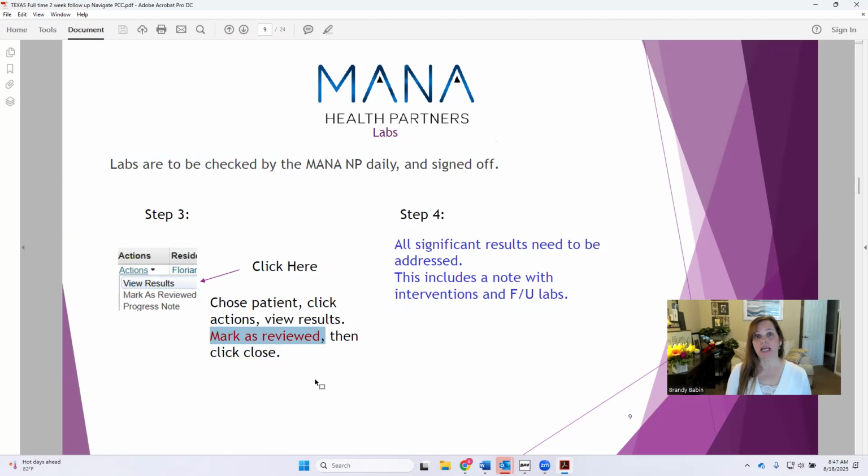When you do that, it puts your name, your date, and then the time on there saying that you've reviewed that lab. When that's on there, that means you're taking accountability for the lab. So if you've got significant issues that need to be resolved, you need to stop right then and there and resolve those issues. If you've got something like an abnormal B12, you put their name on your list and you